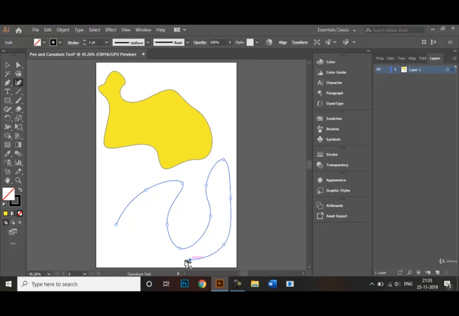So you don't have to do anything, you just have to keep making anchor points like this, and the curvature tool automatically makes the curves for you. And then we bring the curvature tool back onto the same anchor point from where we began, and there,